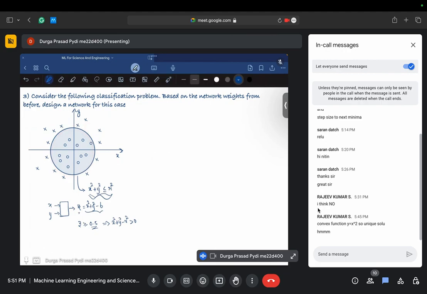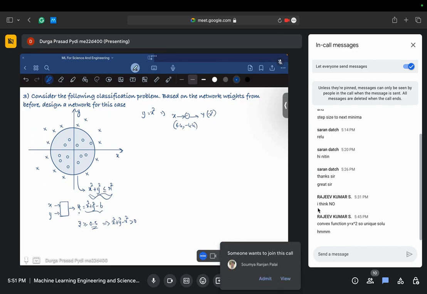So we know previously, if your function is y equal to x square, then we got to know that I can use a single layer network. If this is my x, I can use a single layer network and still be able to map a function y equal to x square. What are the weights? Say 6.4 and minus 4.4 are the weights. With these weights and a sigmoid activation function, I will be able to get y equal to x square. Now what I want to do is,